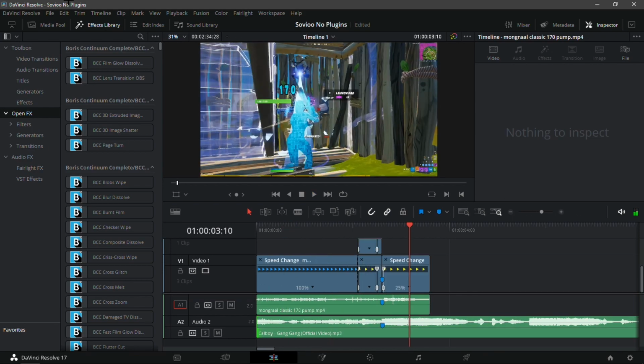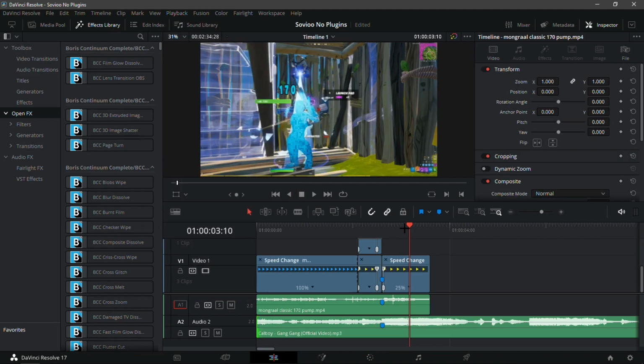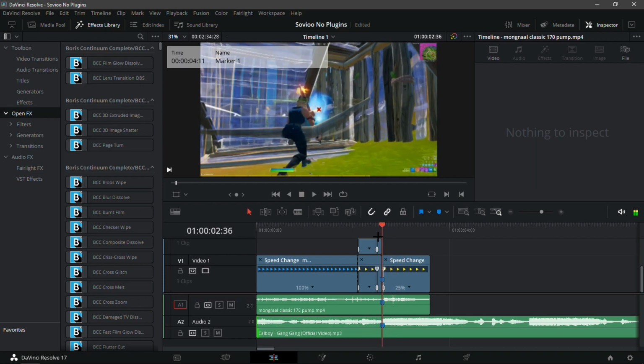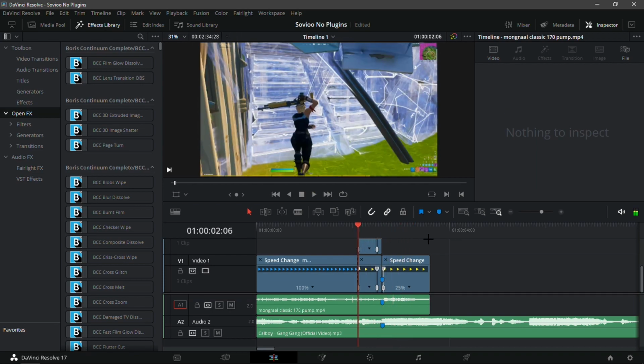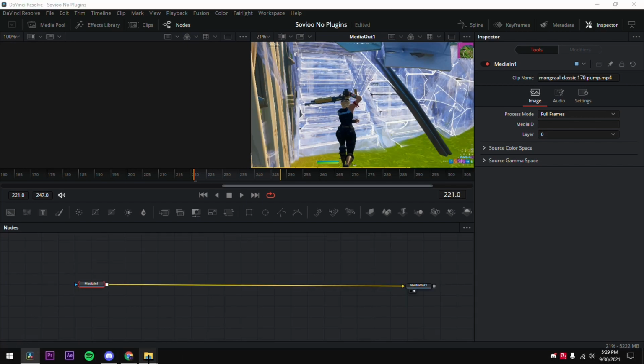And yeah, we'll lag a bit. Now here's where you're gonna want to make your playback quarter resolution, as it will make it smoother. And now that you've done that, go into the Fusion tab and drag in the preset that I gave you